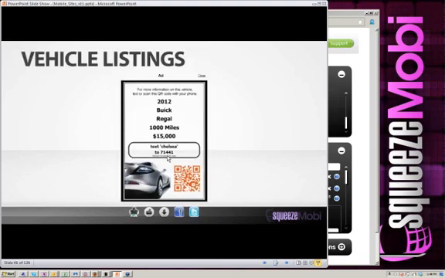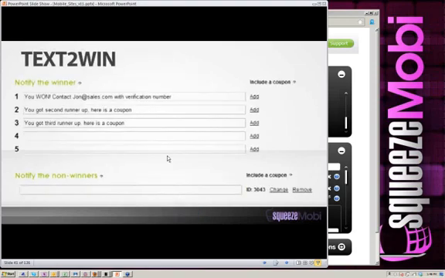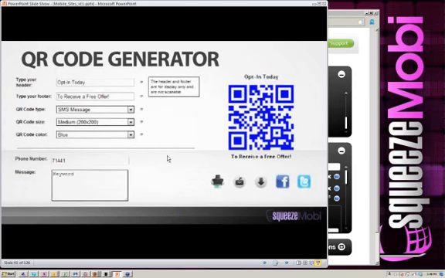If you were going to close an auto dealership, this is big. This is big because for vehicle listings, some of these auto dealerships have a budget of $100,000 a month. You think it's going to be hard for them to pay you $5,000 a month? If you're going to show them results, if you're going to deliver text to win,